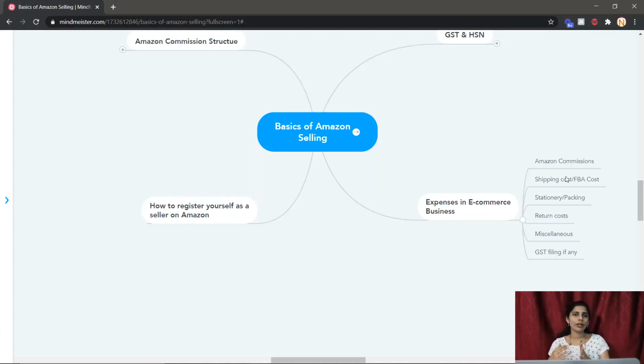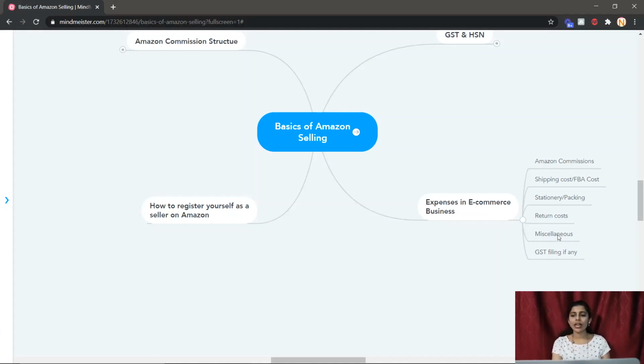And if you are making more returns, consider that for one particular product you are getting many returns. You have sold 10 products, and if you are getting 8 returns, then that means it is of bad quality. So you have to control the returns that is manageable from our side. So we have some cost called return cost.